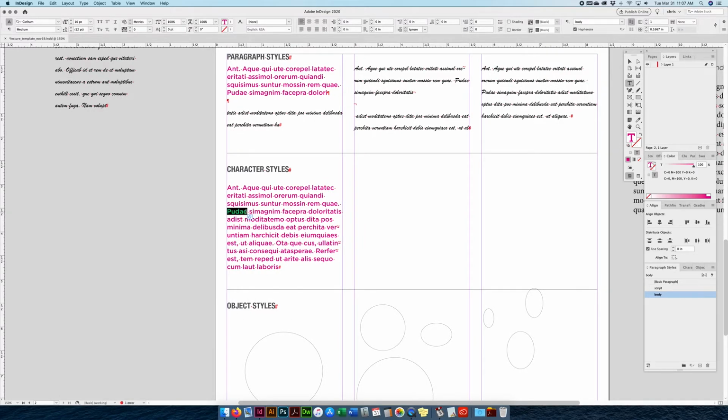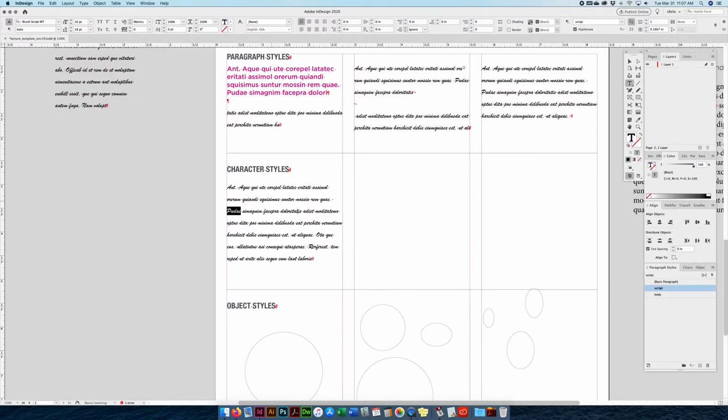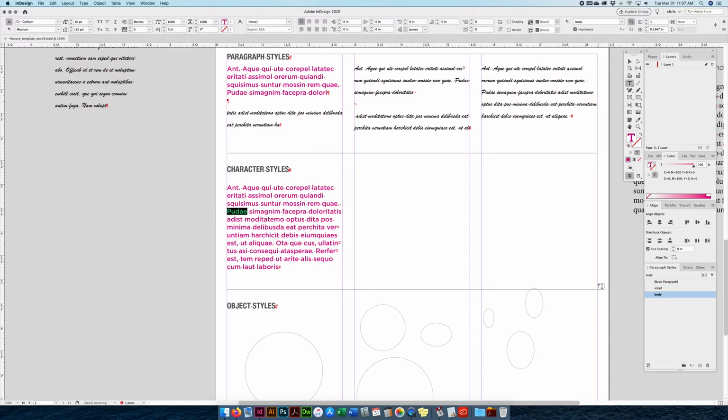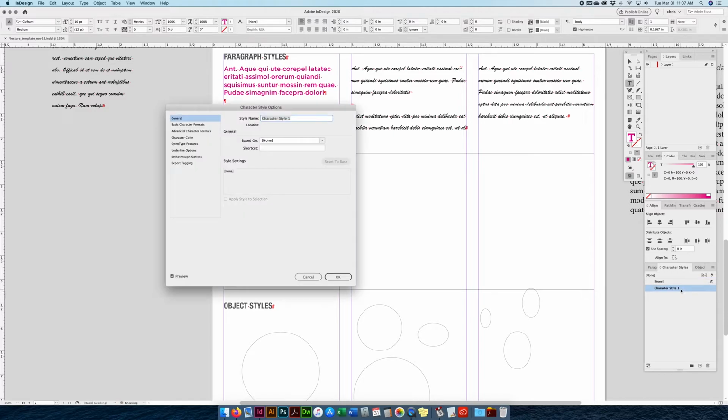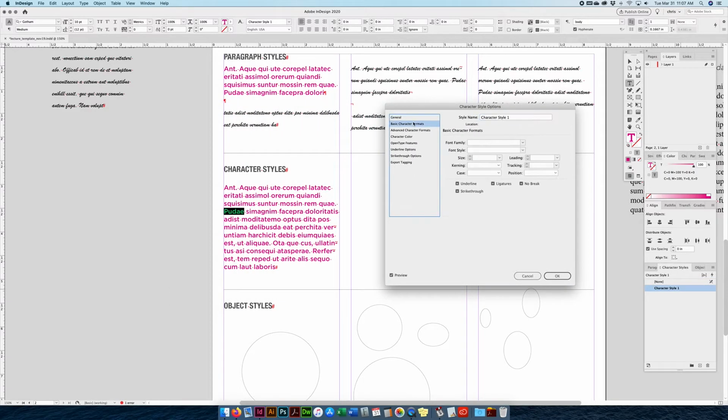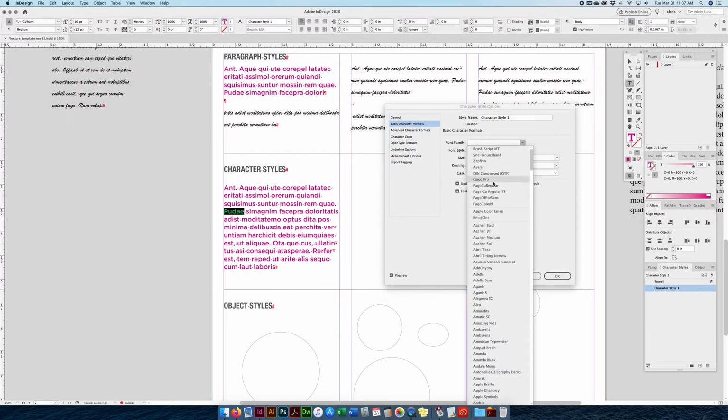If I wanted to change just that word, I can't change a style. I can click on a paragraph style, and it changes the whole paragraph. I have to make a new character style because I want to style a specific character or text, line of text, or individual character, letters, numbers, anything, and only style that. So what I'm going to do here, I'm going to make a new style in my character styles and double click. And I want to say that I want this style to be maybe a different